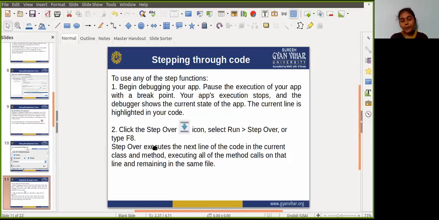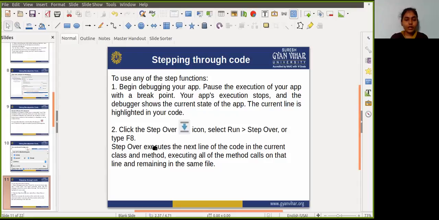Then your app execution stops, and the debugger shows the current state of the app. The current line is highlighted in your code, and you just click the step over icon. Okay, and then select run, and just click on the step over icon.